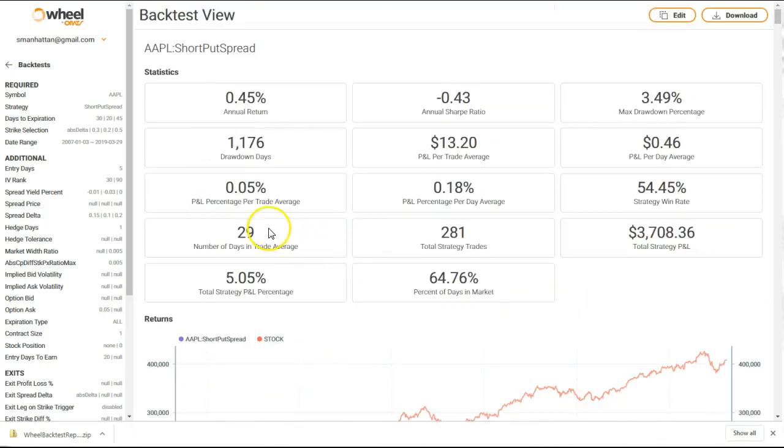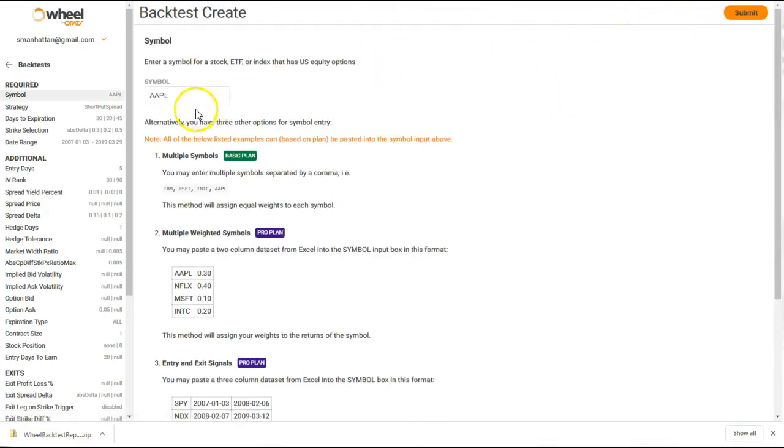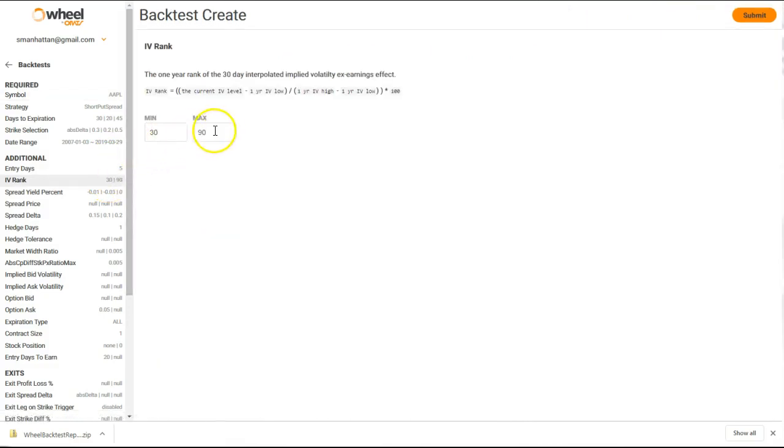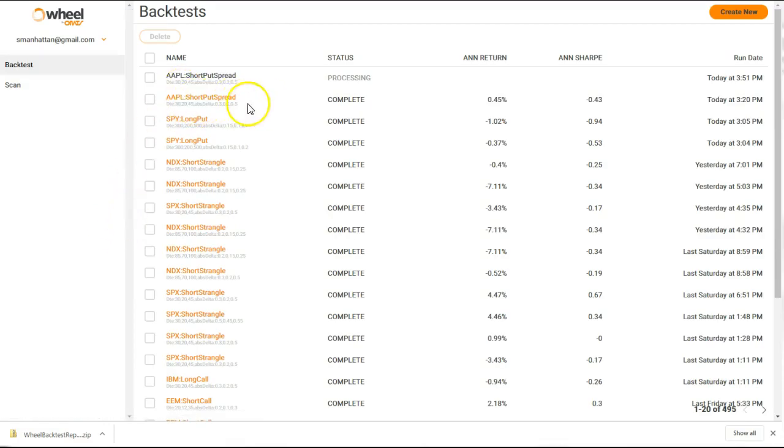So what you could do is edit what you've done here. When you edit, you could go in. So let's change the IV rank. Firstly, let's just take that out. Instead of trading only on these days, let's see if that was helpful or not. So let's submit that and see what the results are for that. So we'll be comparing results. And while that's processing, again, it takes 1 or 2 minutes,